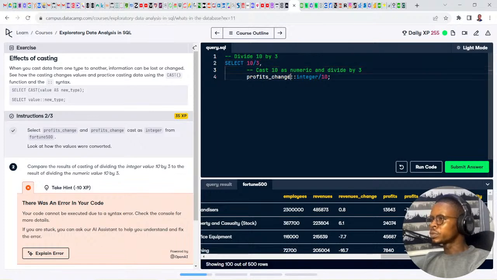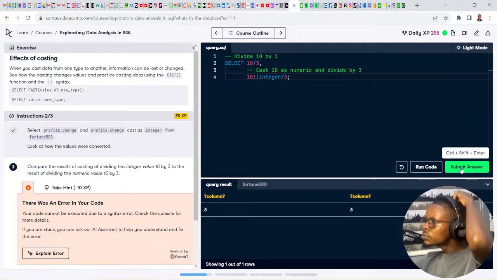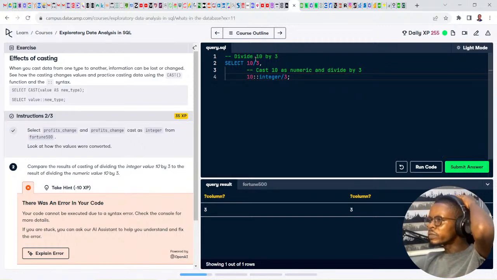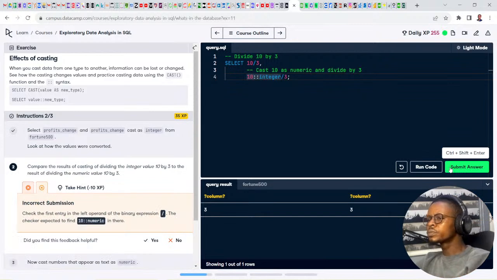So I'm supposed to use 10. I didn't read the instructions there. Divided by 3. So as we cast 10, divide 10 by 3, then cast 10. It's almost the same thing. We are getting the same results.